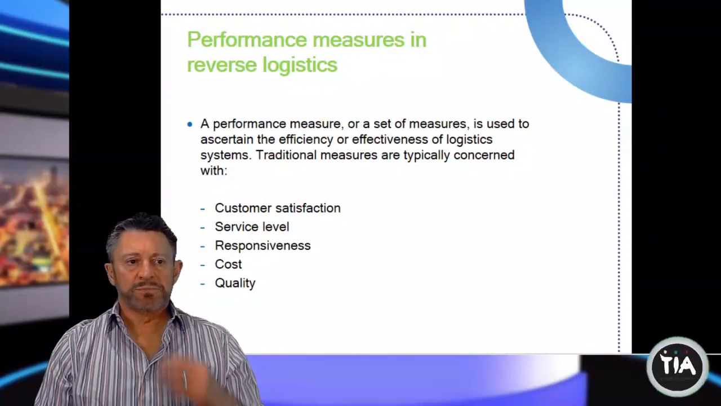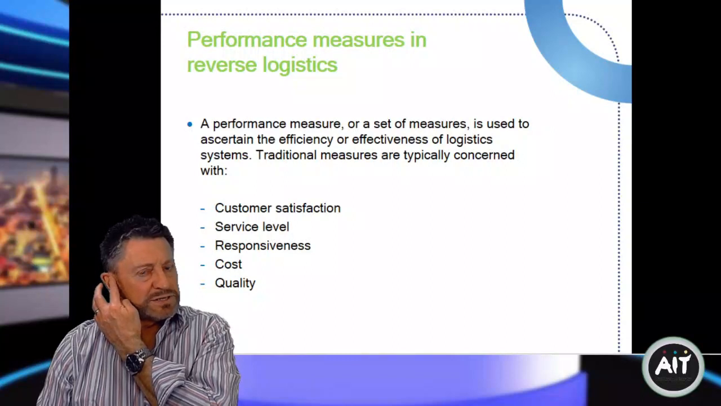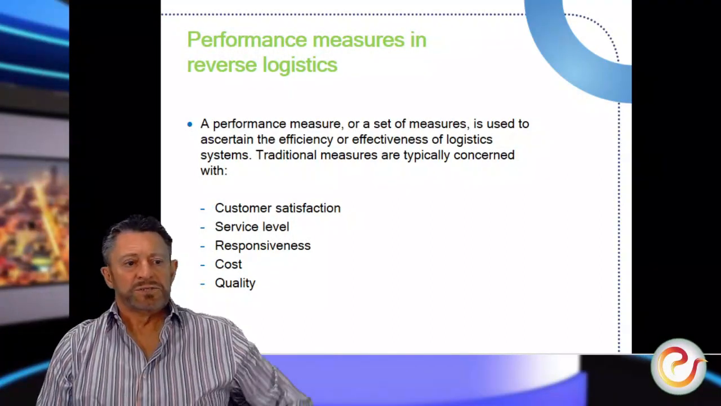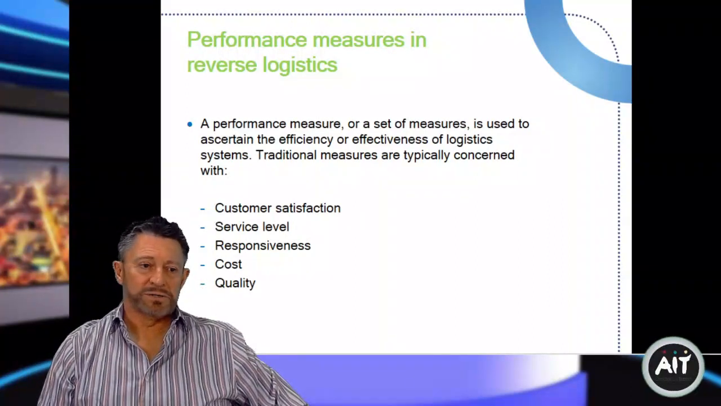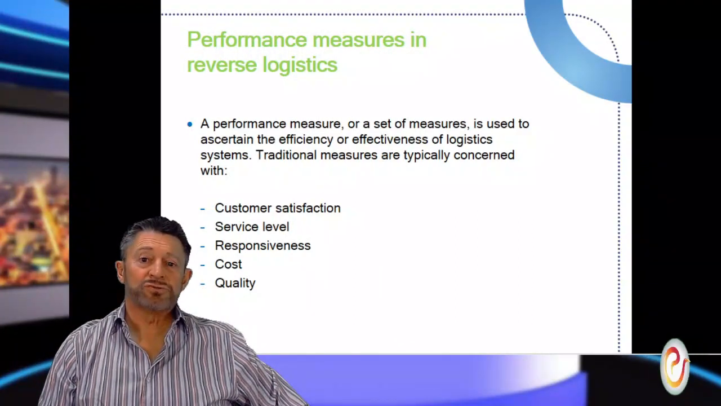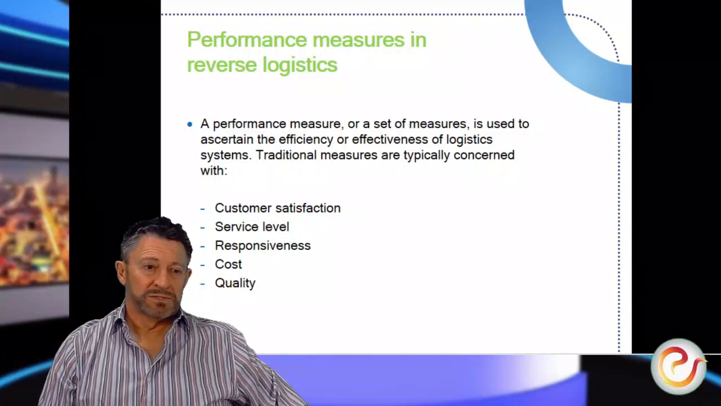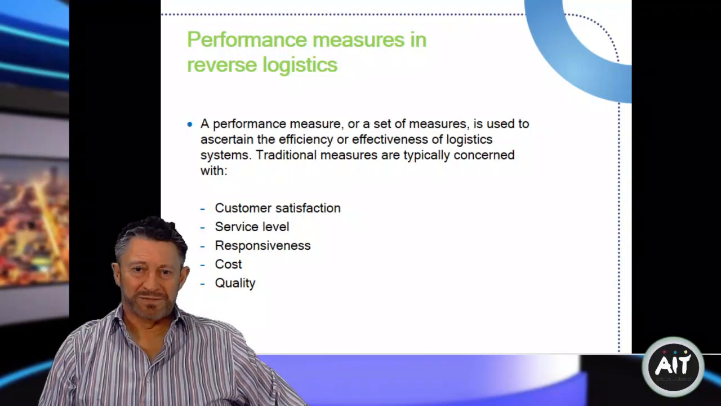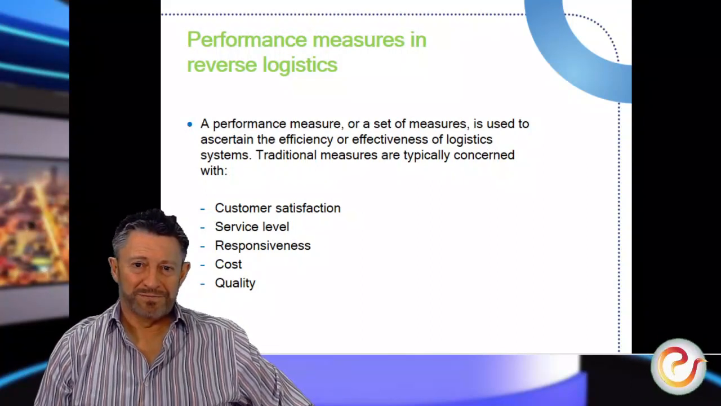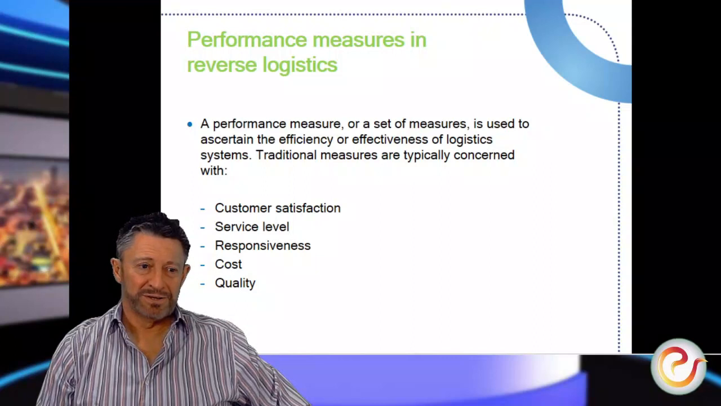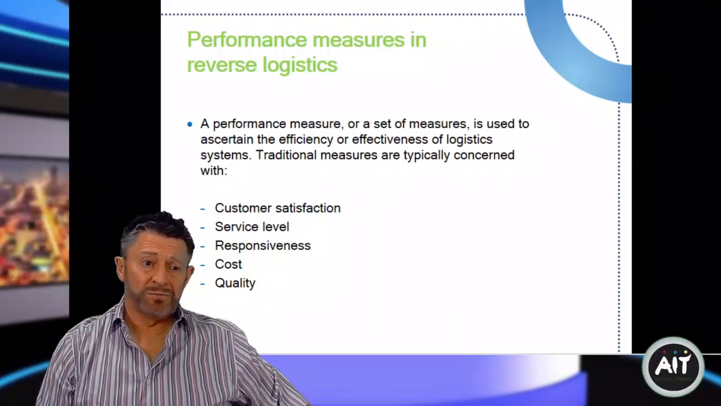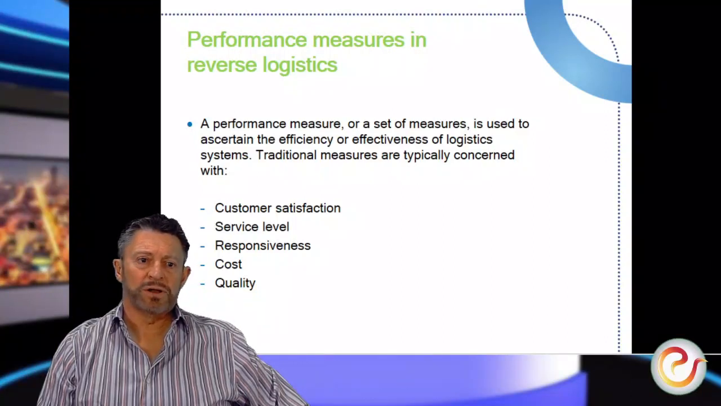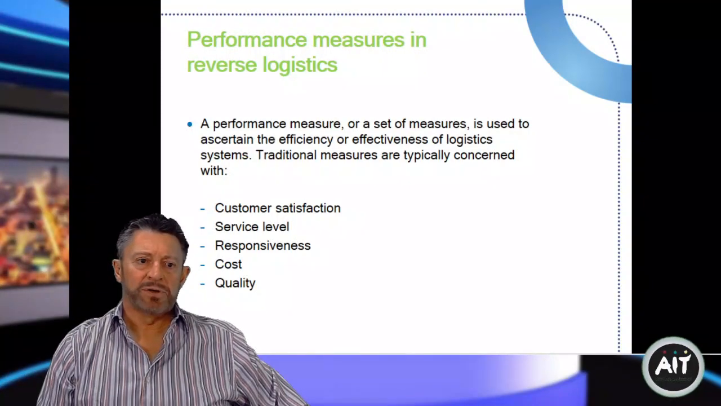Integration and coordination. So again, performance measures, and as shown in the data: customer satisfaction, service level, responsiveness, cost and quality. So you have maybe four of the generic performance objectives there from your last assignment, I think, raising their heads again, even in reverse logistics. So the cost and the perceived quality of the replacement product is important,